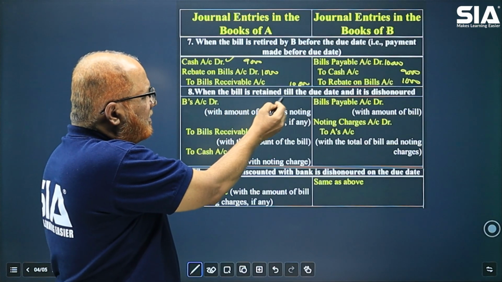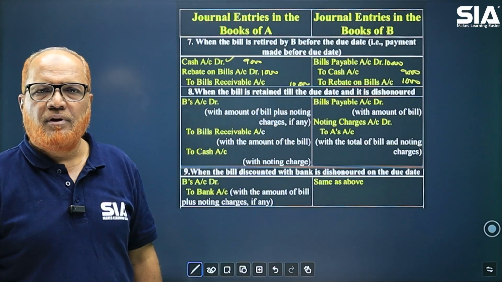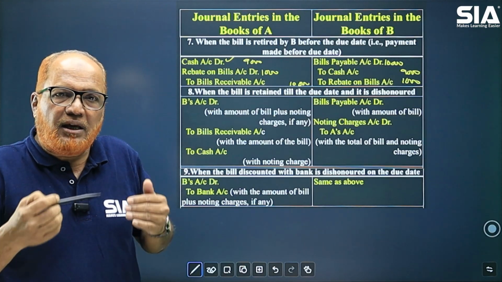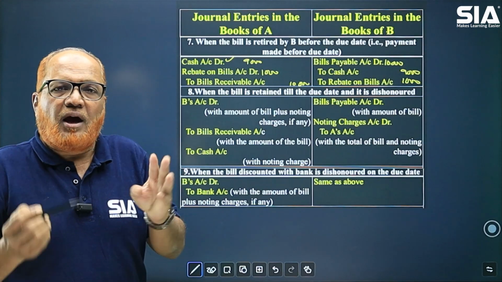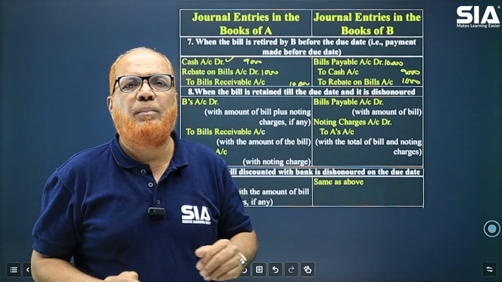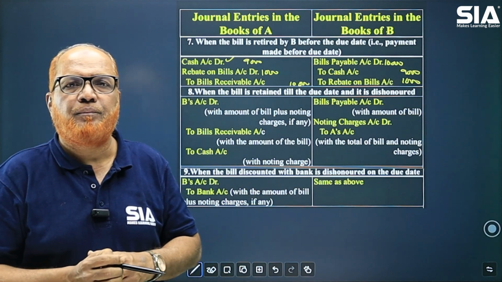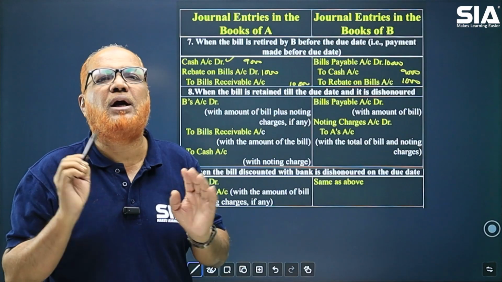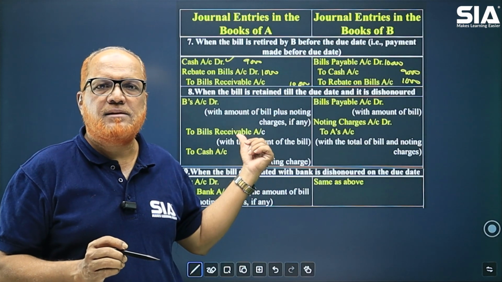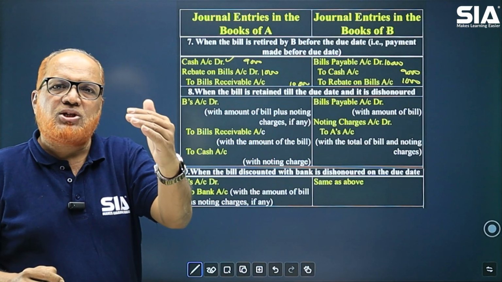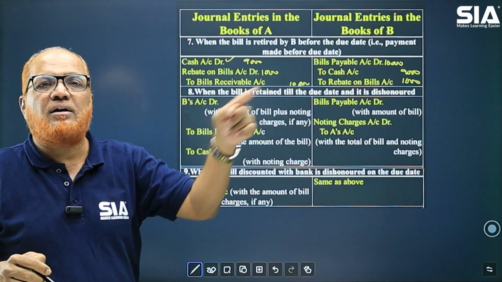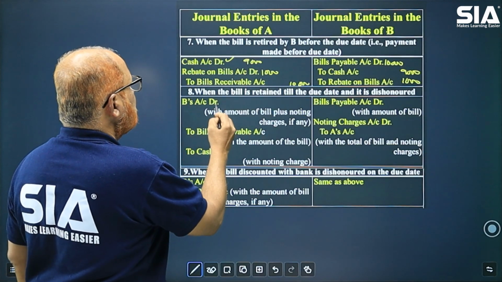Now, when the bill is retained till the due date and it is dishonored. Now onwards, a new case is there. The bill is retained by A till maturity for 3 months. At the time of maturity, A has presented the bill to B, but B has no money to pay the bill. That means the bill is dishonored, meaning not paid on the due date. In that case, if the bill is honored, cash account debit to bills receivable. If it is dishonored, B's account debit to bills receivable. See here, B's account debit